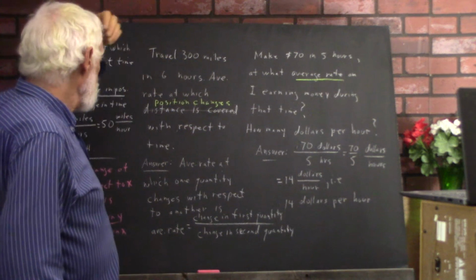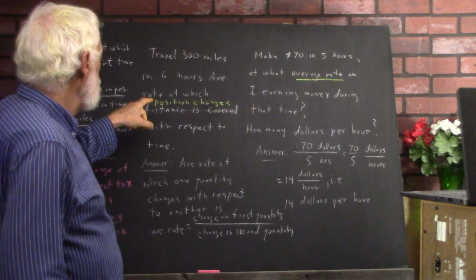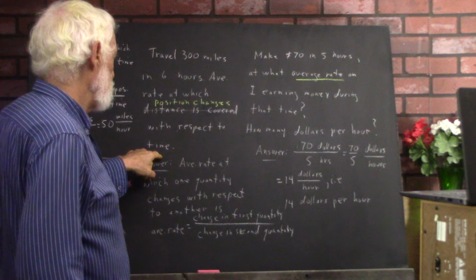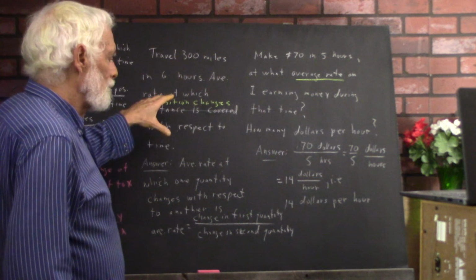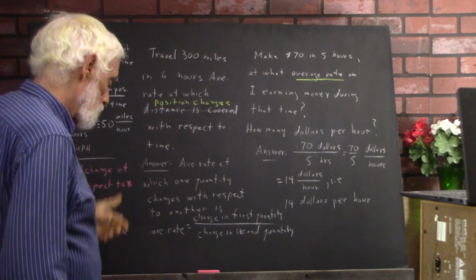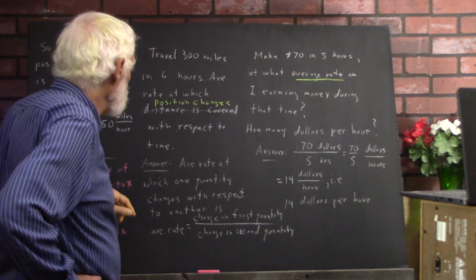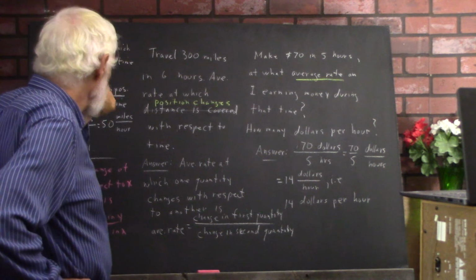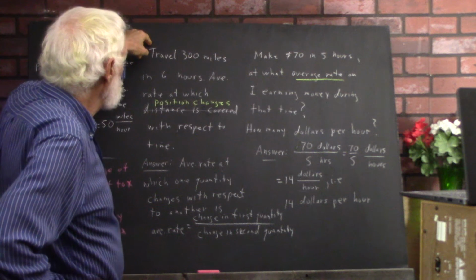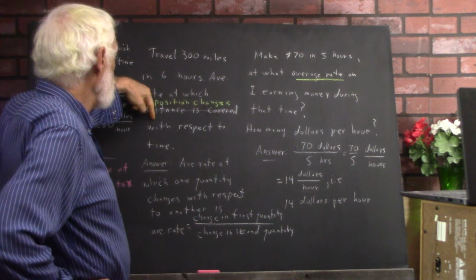Another question: if I travel 300 miles in 6 hours, what's the average rate at which my position changes with respect to time? Now there's a little caveat that I'm not going to mention, because a change in position in a multi-dimensional space or plane is a little bit tricky, but we're not going to make that distinction here. Okay, so travel 300 miles in 6 hours. The average rate at which position changes with respect to time is,